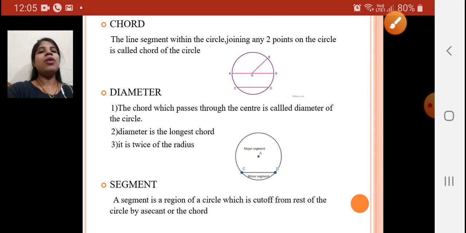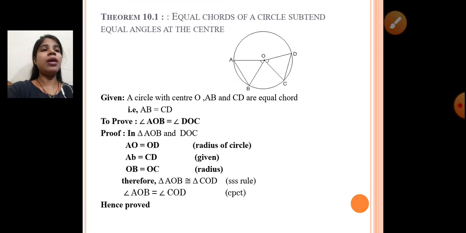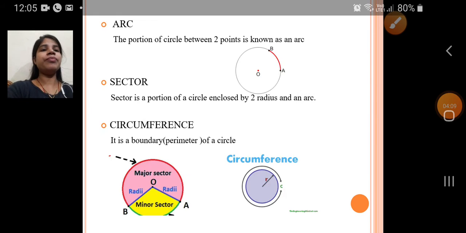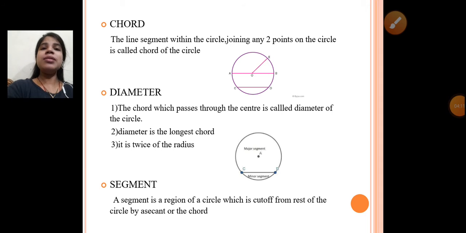Now the next terminology is a segment. So what is the meaning of a segment? Meaning of a segment, segment का मतलब होता है टुकड़ा. Suppose if we take a line, then we also say a line segment of 2 सेंटीमीटर, मतलब 2 सेंटीमीटर की एक लाइन, जिसकी measurement 2 सेंटीमीटर रहेगी. इसी तरह सर्कल में भी हमारा सेगमेंट होता है.